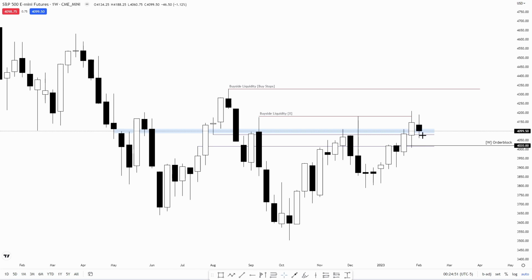I don't favor any deeper retracements, but of course price can retrace into the weekly order block one more time and then trade higher from there. But the best case scenario for me is when price would start to rally straight away, and once we close above this bearish candle, it becomes a bullish order block. And of course we're targeting this buy side liquidity mentioned on the monthly time frame.